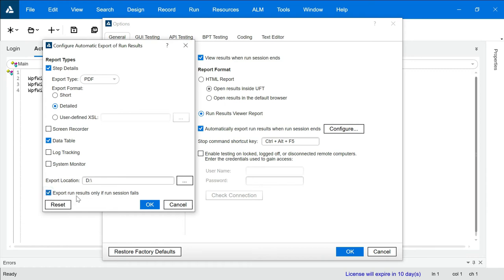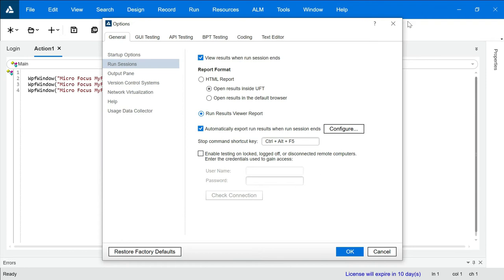We keep it checked only in cases where, let's say, I am performing regression testing and I want to see whether my previously passed test cases are failing or not due to any changes done by a developer. So I can just keep it checked for that case. For this particular example, I'm unchecking it and I'll click on OK.